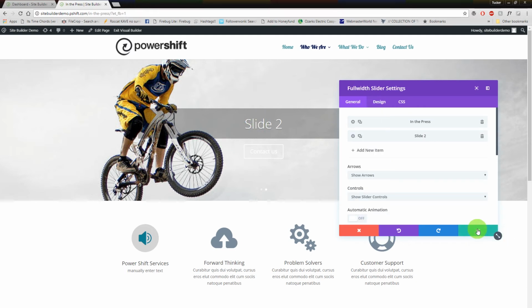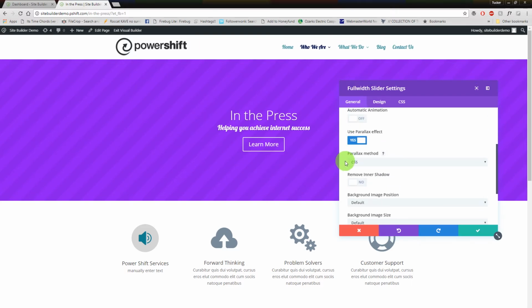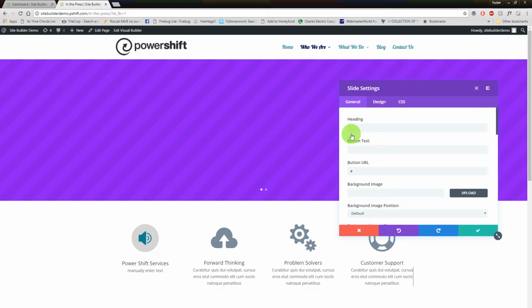Click on my green check mark. I'm actually going to get rid of this second slide here that we added. Wasn't a big fan of that one. Now, when we're looking at this full width slider settings, before we get into the settings for an individual slide, you'll notice there are some general settings. So, for example, if I have more than one slide,